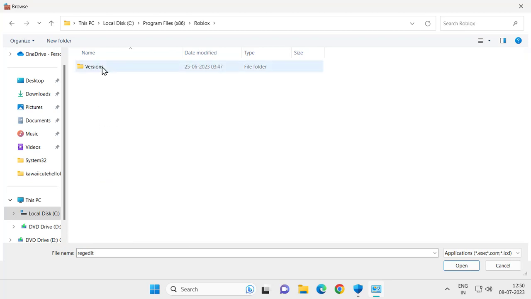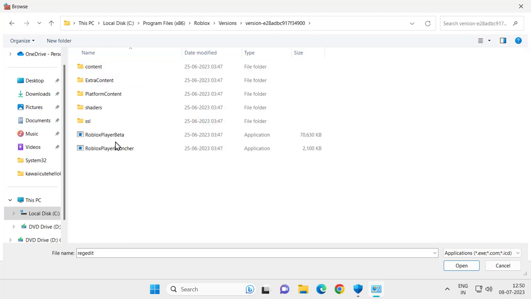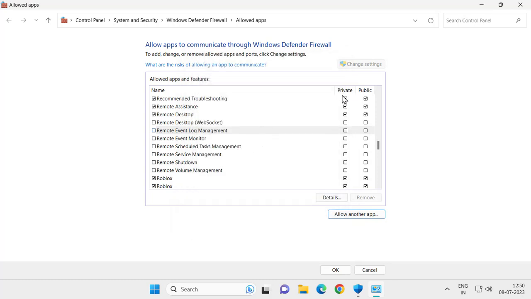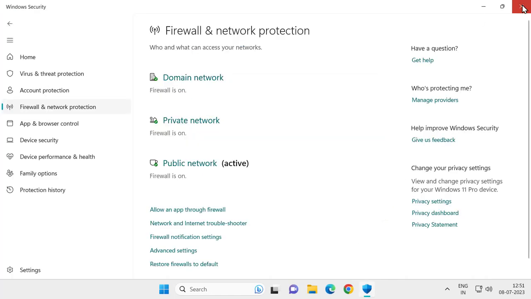I'm gonna find my game in Roblox. You just want to select your game guys like this. You just need to select open, and I am already adding the Roblox before, that's why I'm gonna cancel this. You just want to click on add and add it guys, and after adding it click on private and public, check mark it, and after doing it click OK and your problem will be